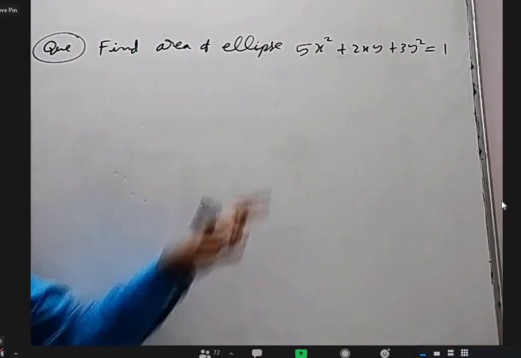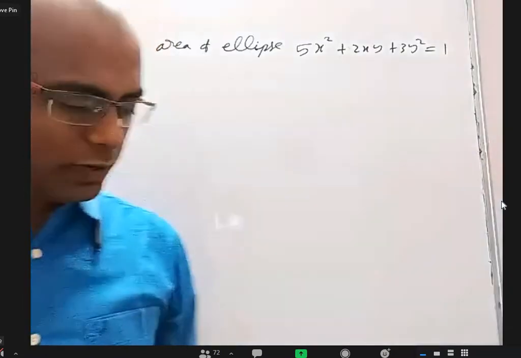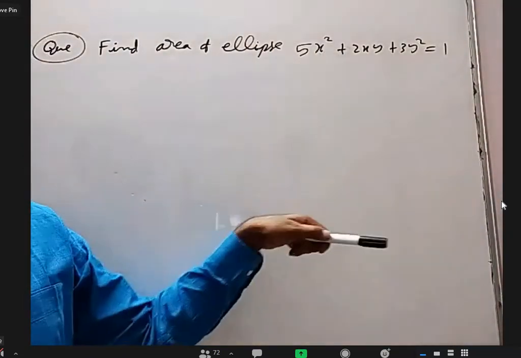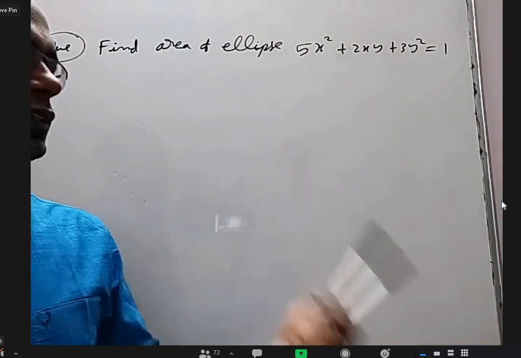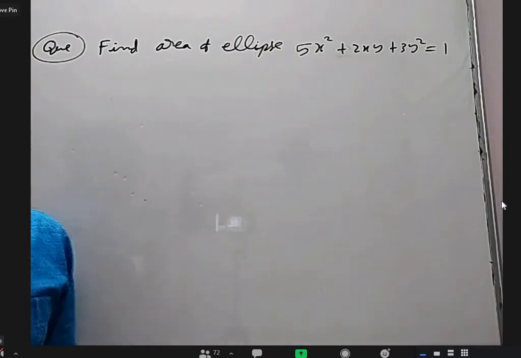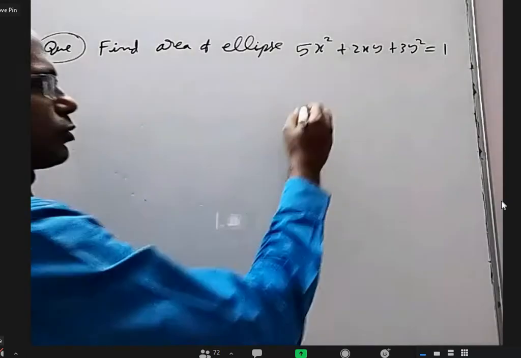Another method is we can rotate the axes so that we can eliminate the xy term, right? Yes, sir. Then find a new equation of this. For that, you know the major axis, minor axis, and then you can use the pi AB formula. Okay. But I want to do it slightly differently. Let us see what I want to do here.